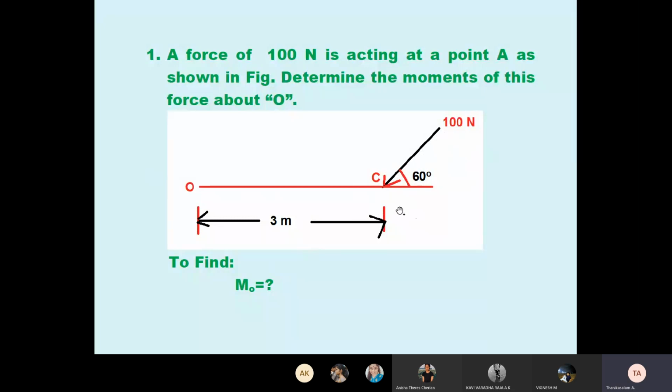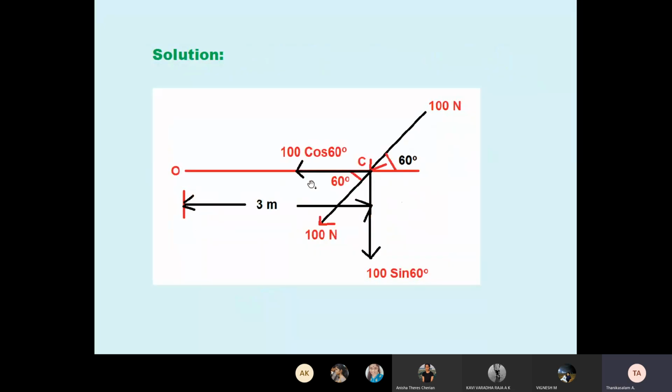The third quadrant means x minus, y minus. Already we know to resolve the forces with cos theta and sin theta. Any force touching which axis, that axis gets cos. Here the x-axis is touching, so consider cos 60 arrow mark. Why am I putting it to the left side? Because it is the third quadrant. Similarly, consider sin 60 vertically downward, because it is the third quadrant. Now see the moment. What is the moment? Force into perpendicular distance. Which force is perpendicular? Only 100 sin 60. So 100 sin 60 into 3 meter, clockwise, plus.